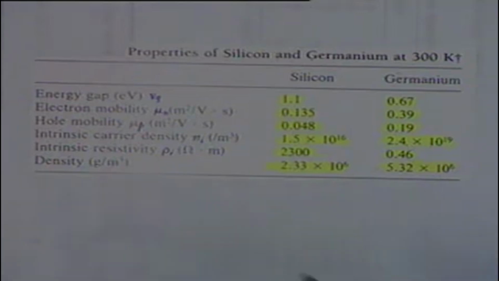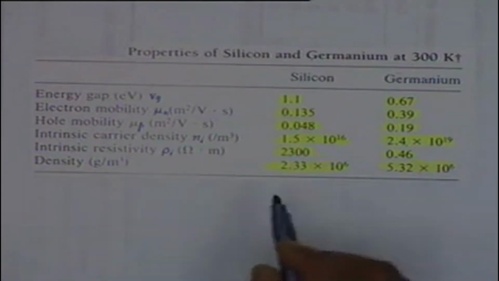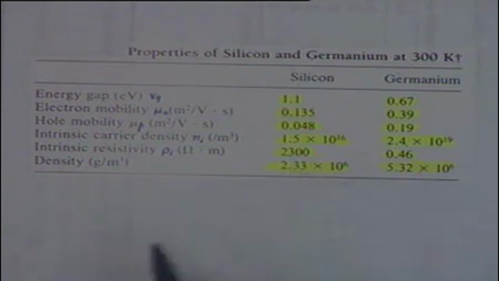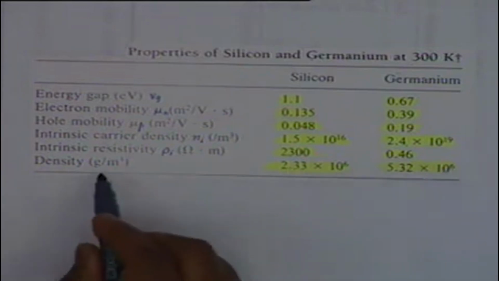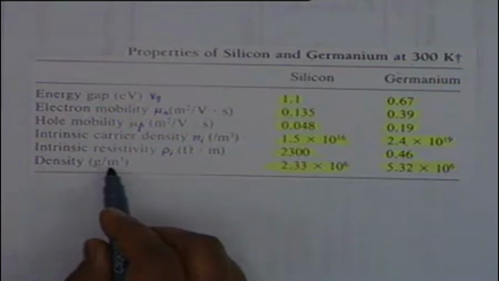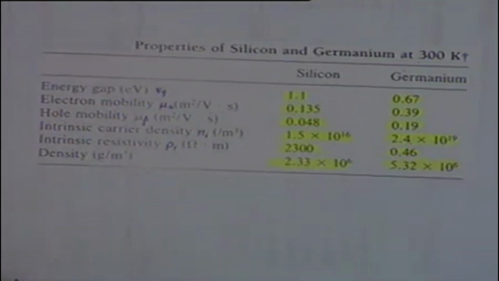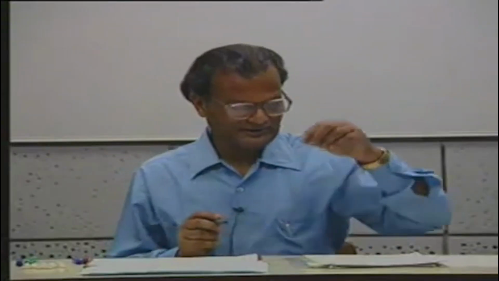I will not change this. I am not authorized to change this. It is only IEEE or international bodies like that which can change. But this is 2.33 times 10 to the 6. When you take this figure, you must remember that the unit is grams per meter cube, not kg per meter cube. All right. Okay. Now,